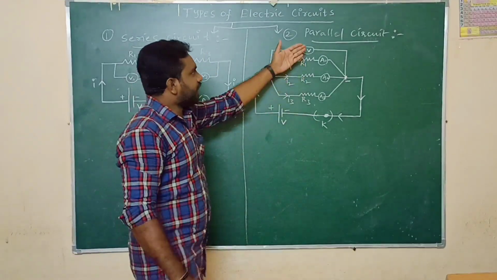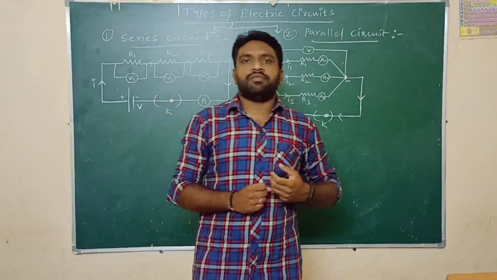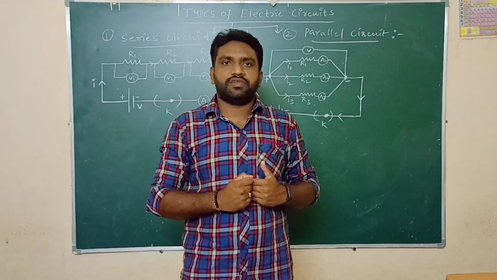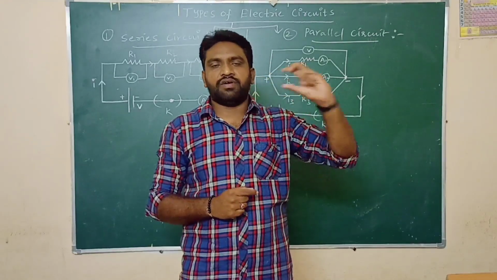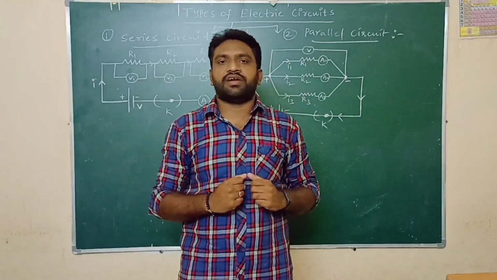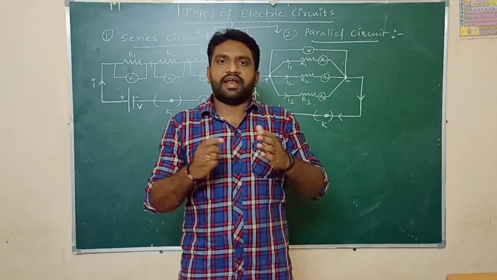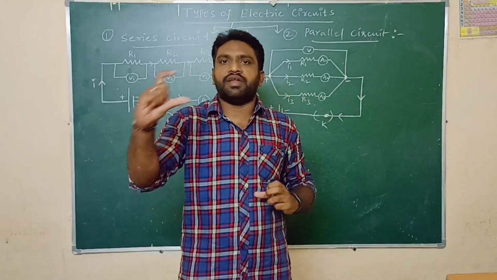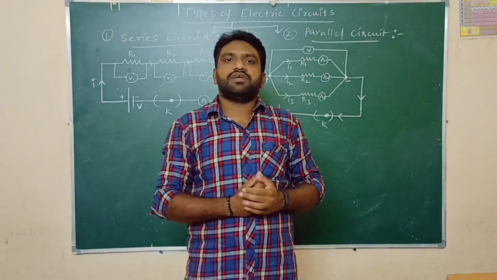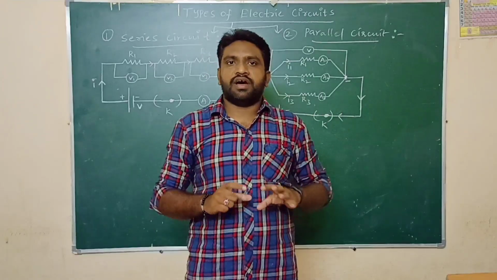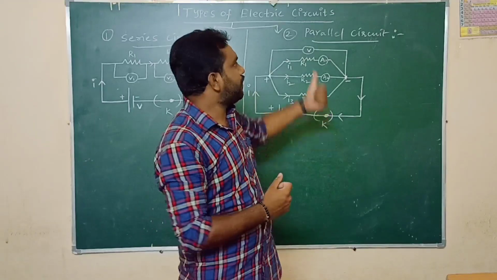Now we will consider the parallel circuit. What is a parallel circuit? If we connect the electric components parallel to each other, it means all the positive terminals are connected at one point and all the negative terminals are connected at one point. So all the electric components connected in the parallel circuit have a common positive terminal and a common negative terminal. If we connect the electric components in a parallel manner, it provides an individual or separate path for the flow of current. Then this type of circuit is said to be a parallel circuit.